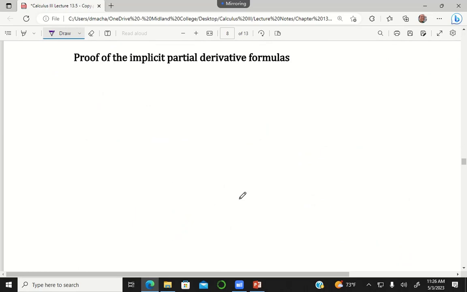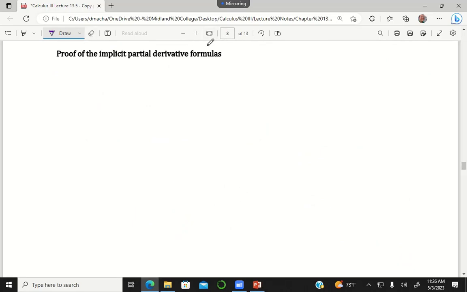So you've got to be a little bit more careful whenever we do implicit differentiation with partial derivatives. We've got to be aware of that. We can't just cancel stuff out. Okay, so